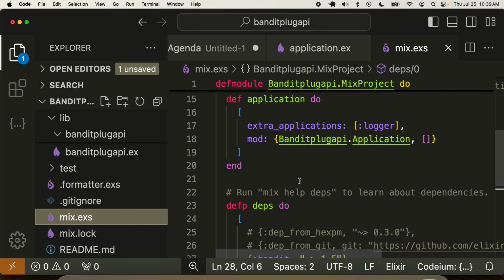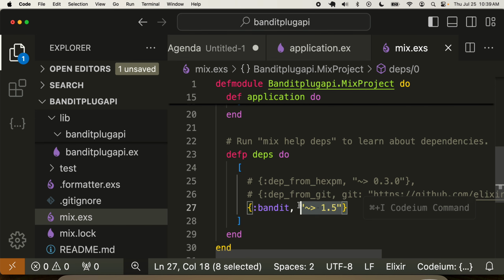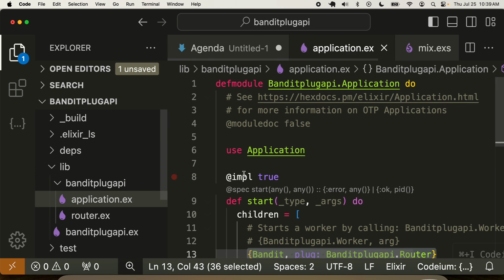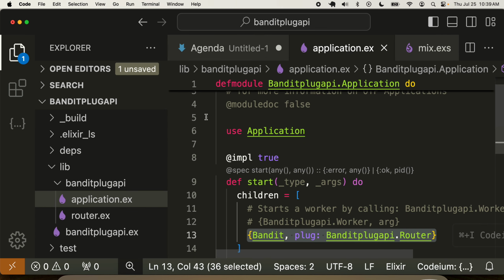So go down to mix.exs and then copy the current version of Bandit. You can get this from hex.pm. Just go and search for Bandit and it should give you the latest stable version. Copy it and then run mix deps.get from the command line. That should install the packages. Right. So once that is finished, we next need to tell